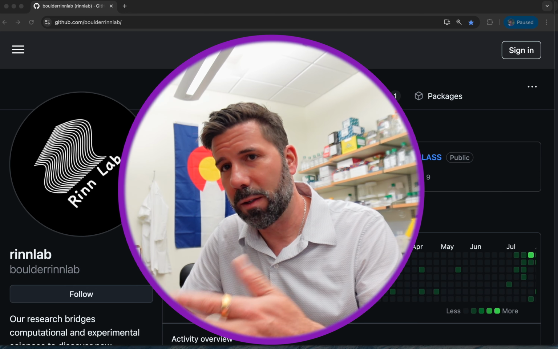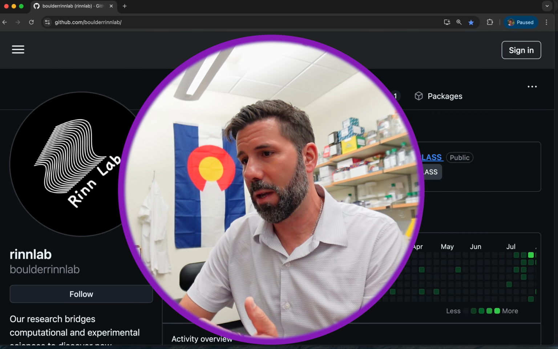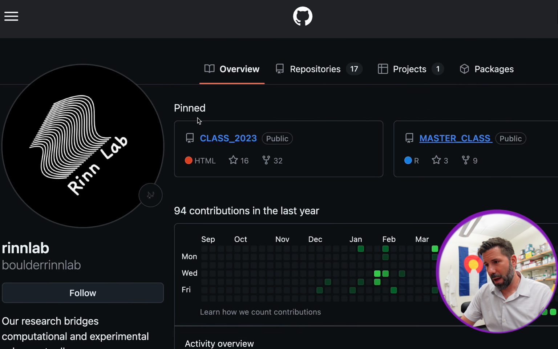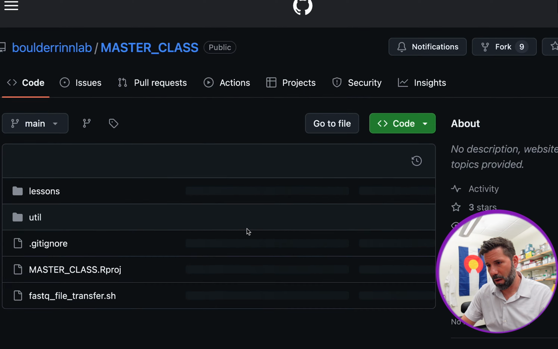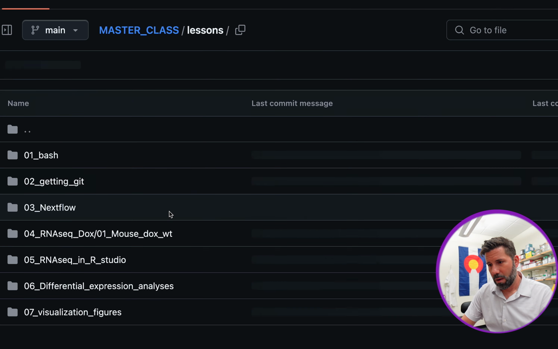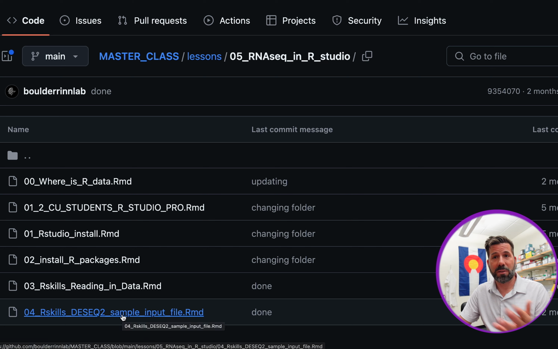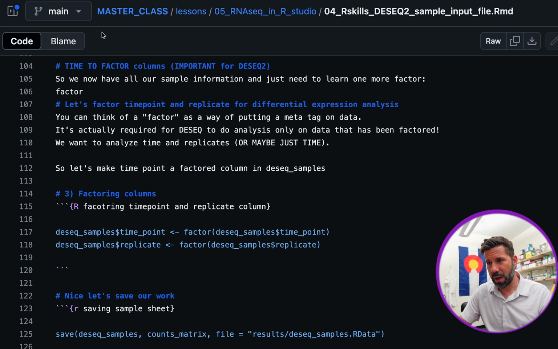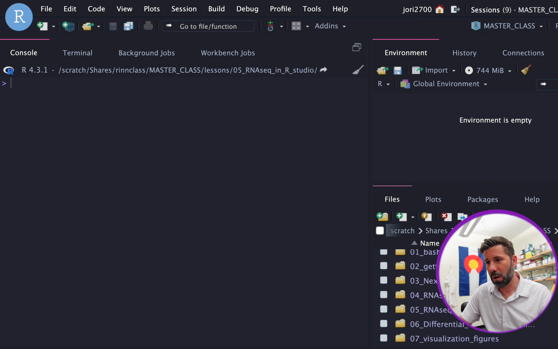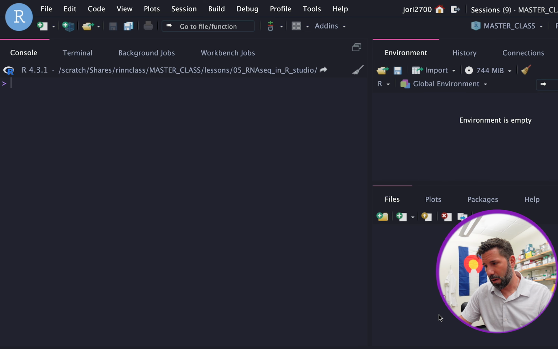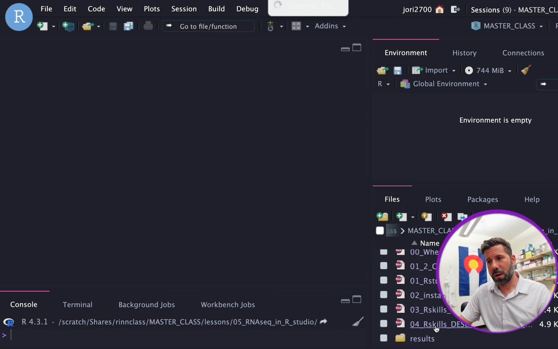I'm just going to orient again for a little while here that we're on the Rinn Lab GitHub. You click on Master Class, and we're here in Lessons, and 05, RNA-seq, and 04, the last file in this folder, last step, and move on to level 6 and start doing some statistical analyses. So you can follow along here, copy and paste this into an R Markdown file in your RStudio. Here I am in my RStudio, and again we are on 05 RNA-seq, and I'm going to click on 04